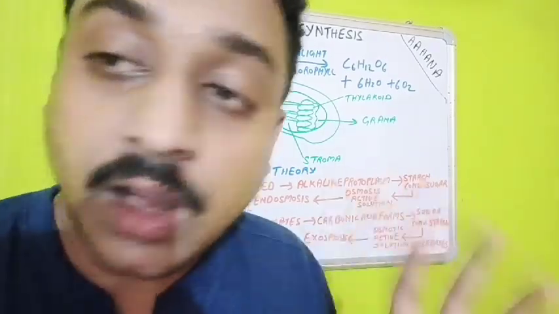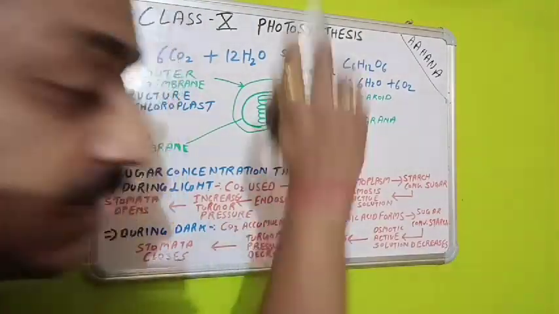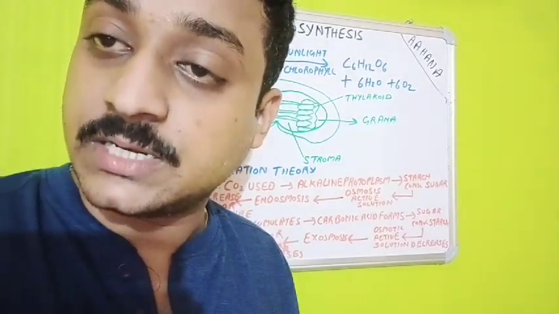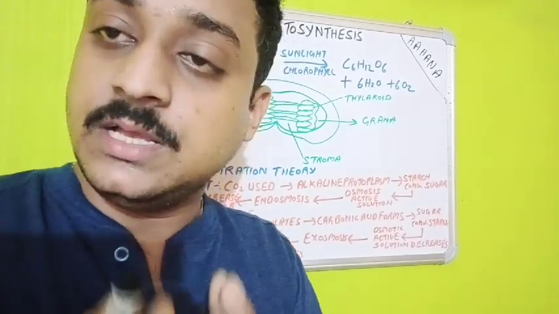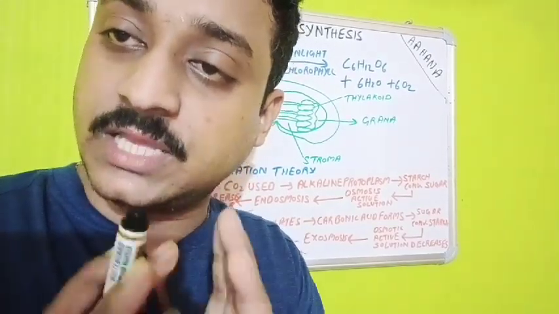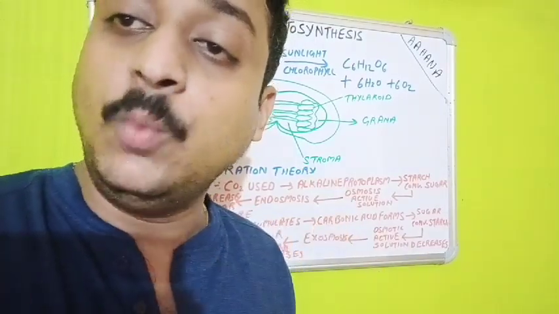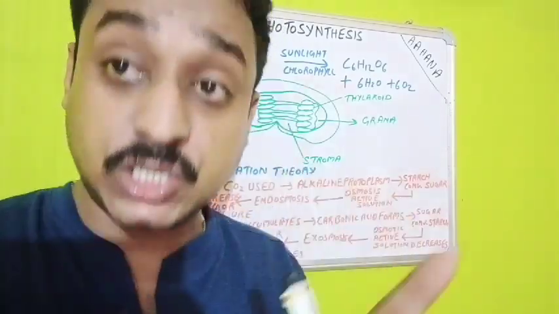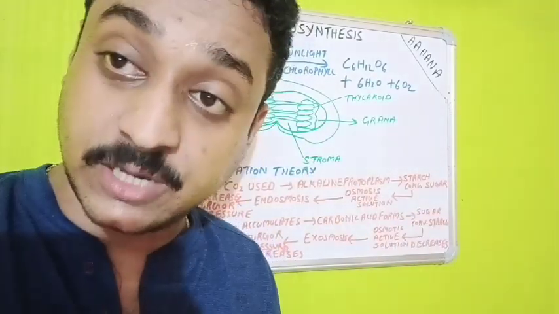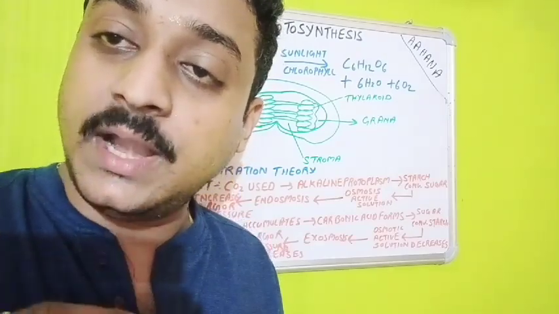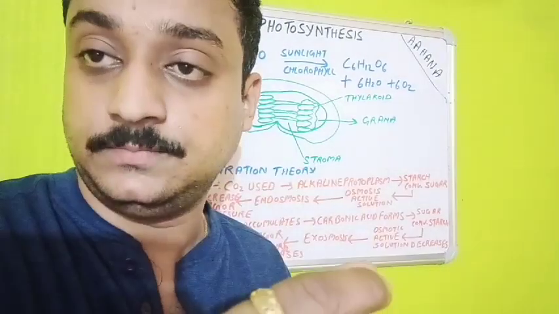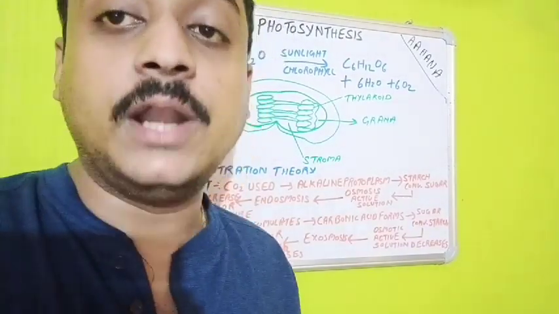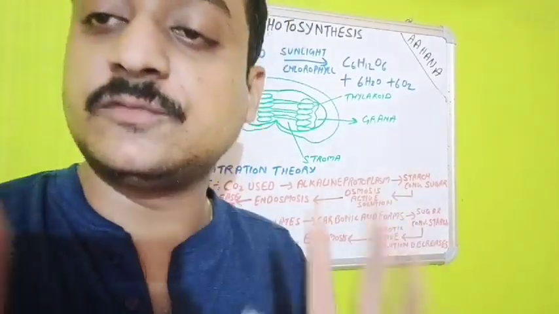Now, the more and more water enters, what happens? The turgor pressure will increase. What is turgor pressure? The pressure inside the cell content, whatever the organelles or things present inside the cell, when the liquid or the cell content is providing pressure on the cell wall, that is known as turgor pressure. It is the pressure provided from inside the cell to outside, either by the inflow of water or by the cell organelles. From both sides it is accepted.